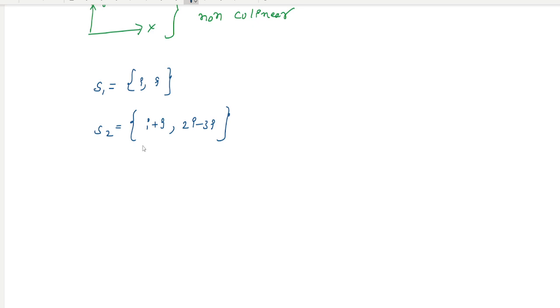So here one note: the vectors within each set are linear independent, but the vectors between the sets are linearly dependent. So a set of linear independent vectors that span a space is also called the basis. Okay,